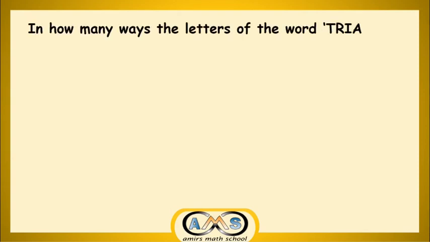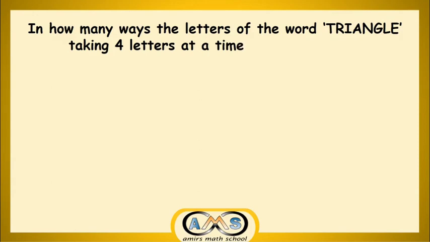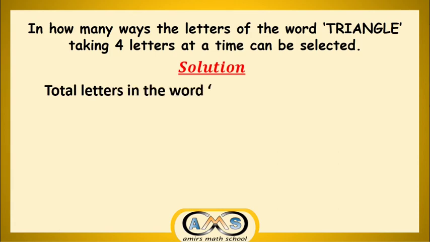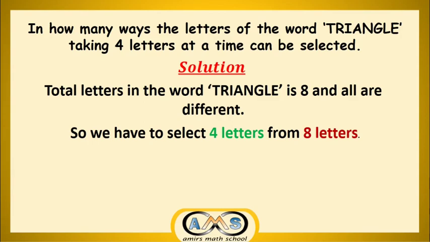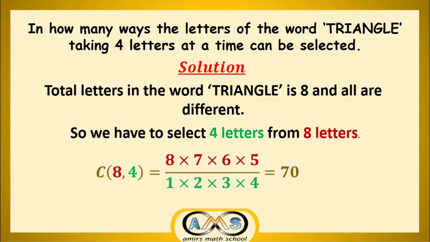Now let's see one example of the combination formula. In how many ways can the letters of the word triangle, taking 4 letters at a time, be selected? The solution: the total letters in the word triangle is 8 and all are different. So we have to select 4 letters from 8 letters. According to the combination formula, the value of n is equal to 8 and the value of r is equal to 4. So the formula, that is